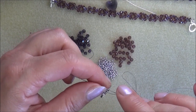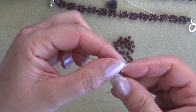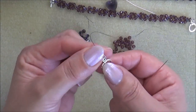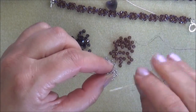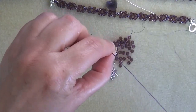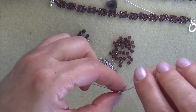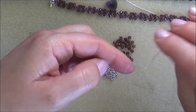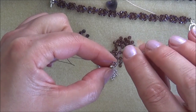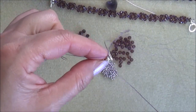Coming back up the other side then, through the other side of the horseshoe and through the seed bead, making sure that the thread sits in the channel. Come through the nice centre proud seed bead, back down the other side, the side where our tail is coming out of, back down through the seed bead and the horseshoe and through the toggle,